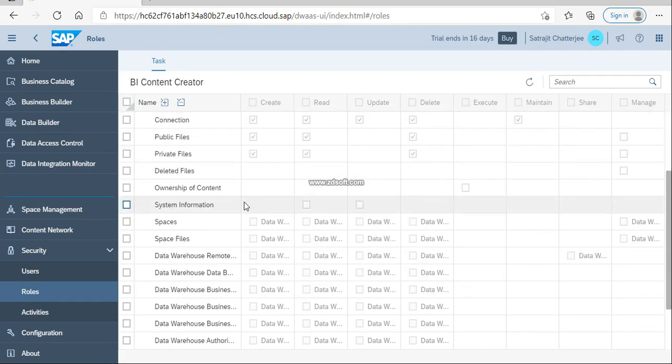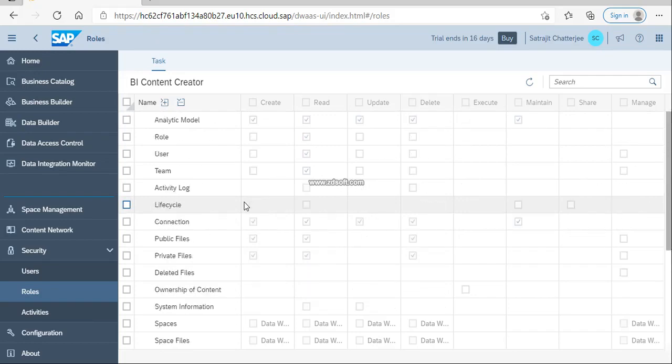It's very straightforward, and you can see it's all checkboxes. If you would like to create a new role where you just give an analytic model read permission, just click on read permission. Next, look into the analytic model roles.